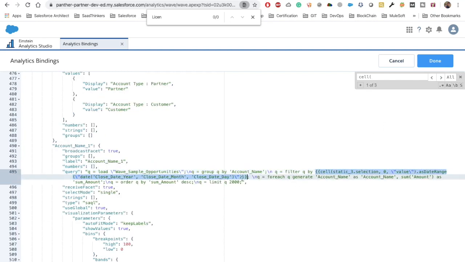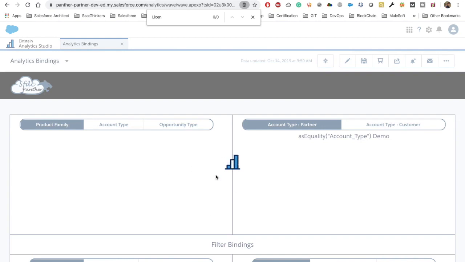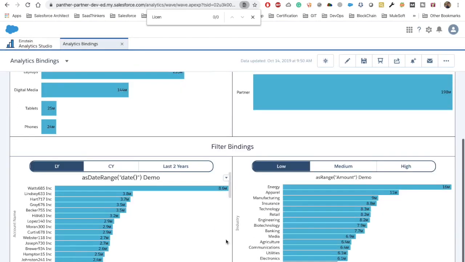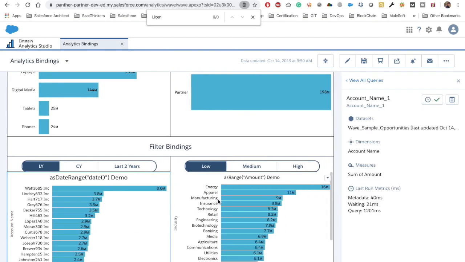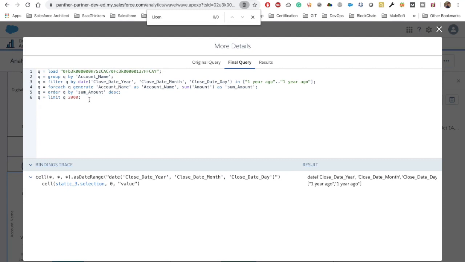So let's find out how we are actually using this. This is as date range if you wanted to see. So let's quickly go back to our dashboard here. We have selected last year, so let's quickly select this, and you will get this down arrow and then show details. This is our final query that we can see here. This query is actually being generated the same way that we saw while we were seeing the demo. And now here, if you see that this is our binding trace, inside that,